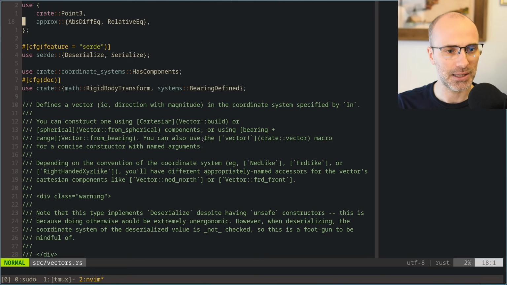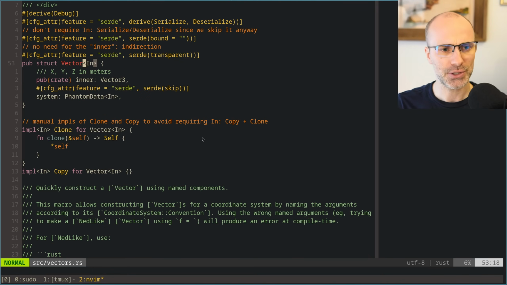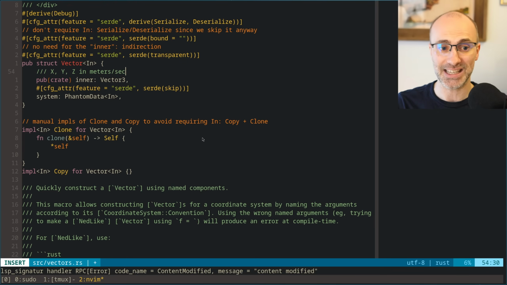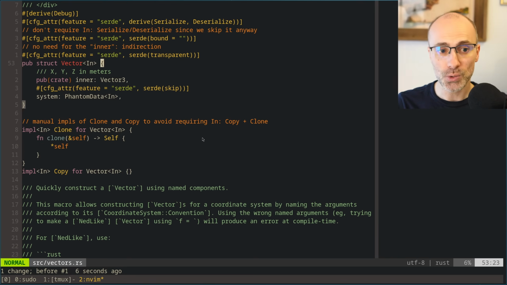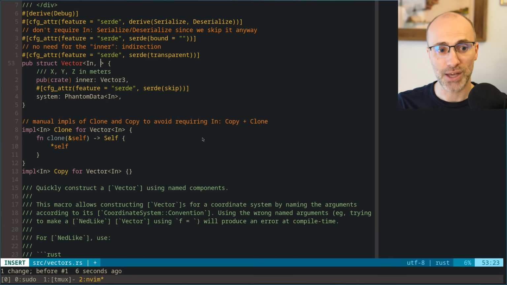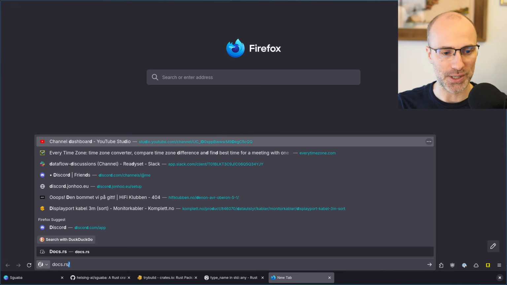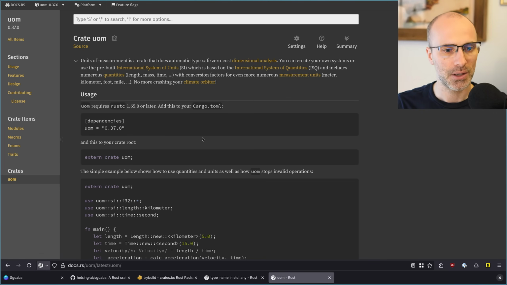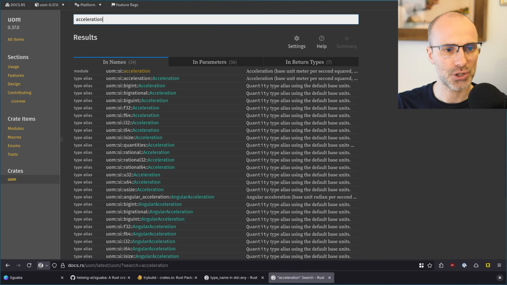If you go look at the vector type, it's currently generic just over the coordinate system it's in, but I want you to be able to have a vector that holds not meters, but for example meters per second, or meters per second squared because it's acceleration. You probably can't have this be acceleration, although maybe you could have this be marker types instead. But the way I was imagining we would do this is using, here, if you find acceleration, for example.